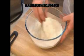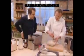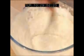Lovely. It should be the consistency of a good double cream. OK, and that's looking... You don't want it too thick. So that's looking good. Now, is there anything I can do now? Do you need me to get fish or potatoes? Yes, sir. I tell you, if we chill that one down in the fridge... So this needs about 20 minutes chilling? About 20 minutes to chill. Fantastic. OK. So while that's happening...